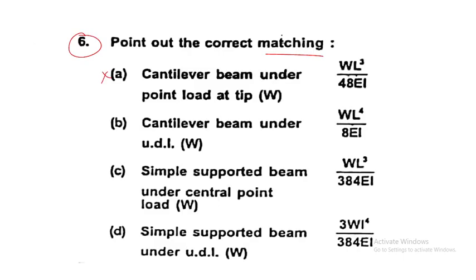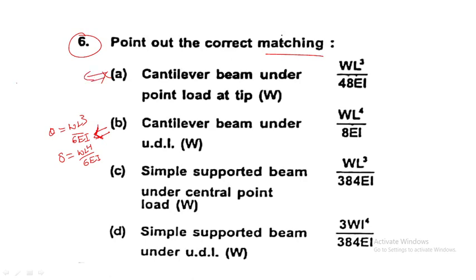Let me draw so that you can understand very fast. I think I have already written it, so there is no need to write one more time. It will be time consuming if I write. So the cantilever beam under UDL means what? The theta value is WL cube by 6 EI, and delta value is WL raised to 4 divided by 8 EI. This is about the second one.